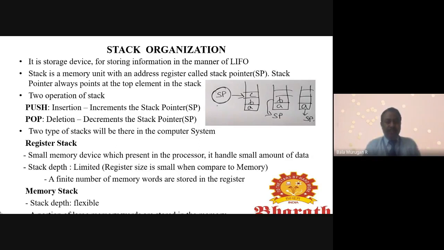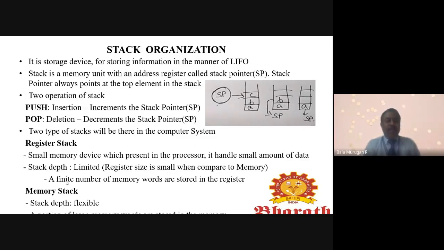Register size is small when compared to the memory. When you compare the memory stack and the register stack, here the size will be limited. We can handle a small amount of data only.